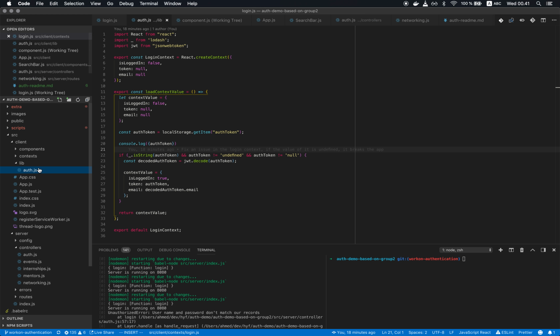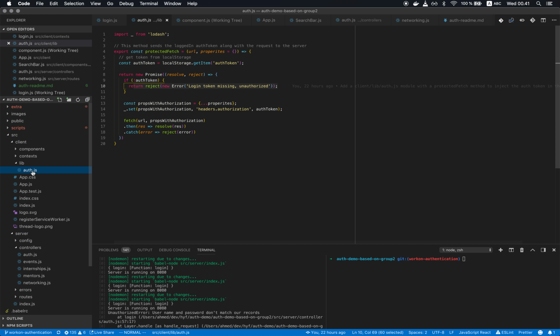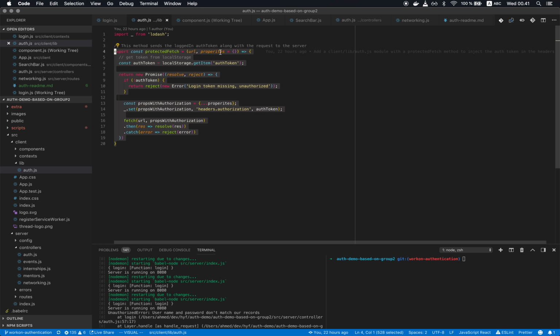So what to do? I created a method under lib/auth, you can create it anywhere, that takes the same parameters as a fetch, a URL and a JSON object for properties. If you don't send it, it defaults to an empty JSON object,